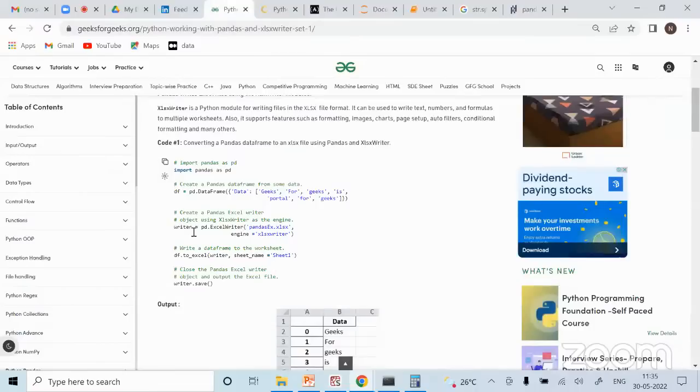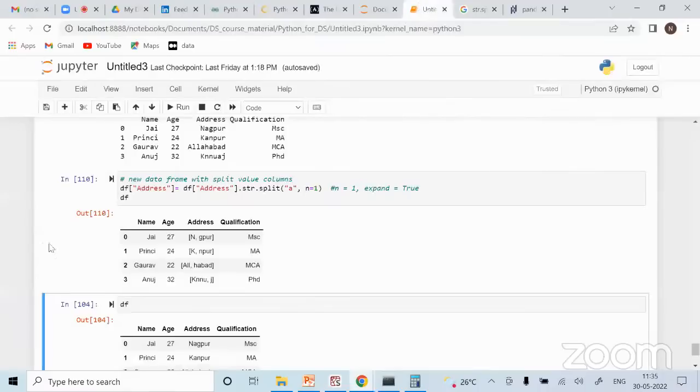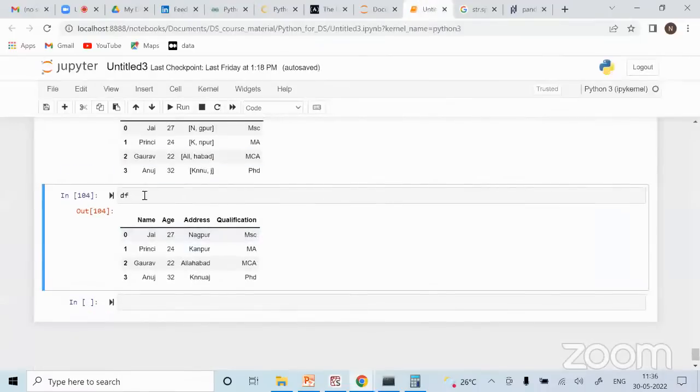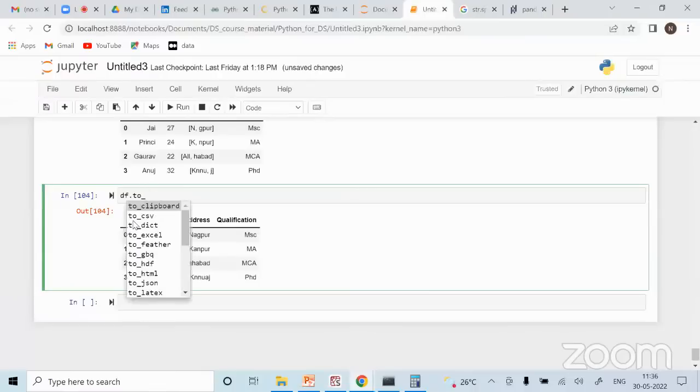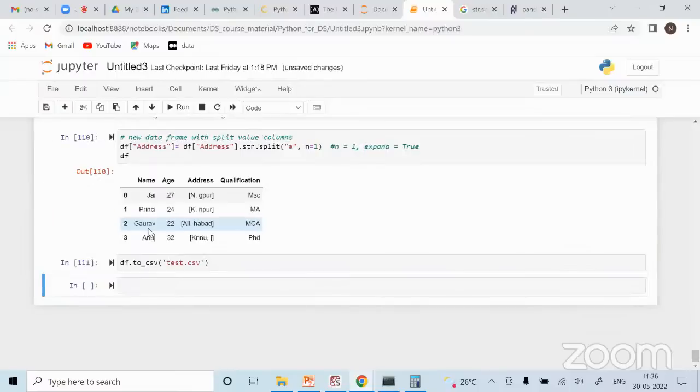So very simple ways, you can just do to_csv. For example, if you want to save this data frame, all you have to do is df.to_, you can press tab and you can see the options. It's showing CSV, dictionary, Excel and all. So you just say csv, bracket, give the file name, so just test.csv, and run it.